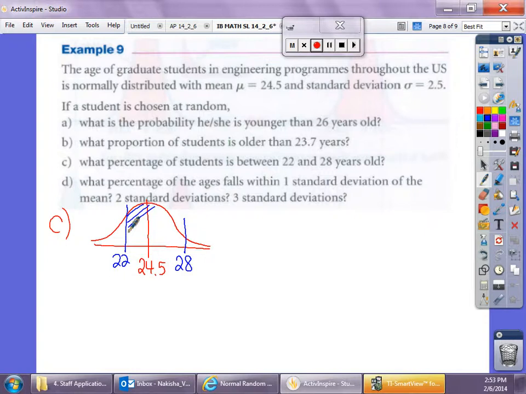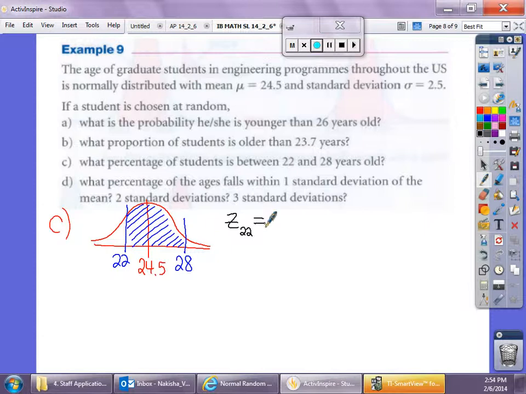And they want this shading. So I'm going to make the assumption that if you're using your calculator, you would be able to do that problem very easily. Minimum value 22, maximum value 28. So the harder one would be doing this without. So if they were to give you a z-table, meaning this is a non-calculator problem, that is definitely a little